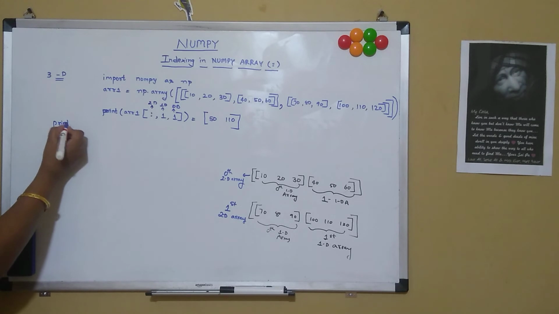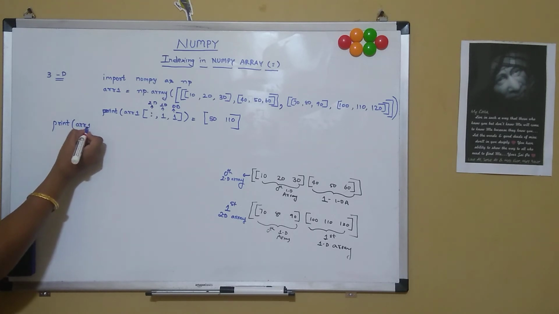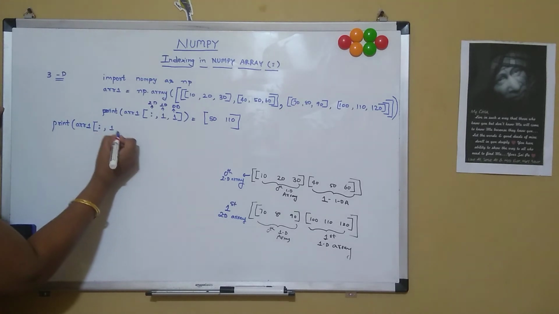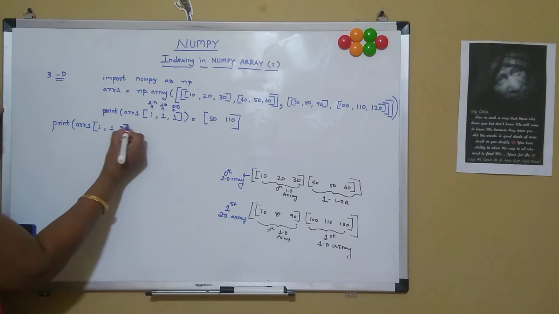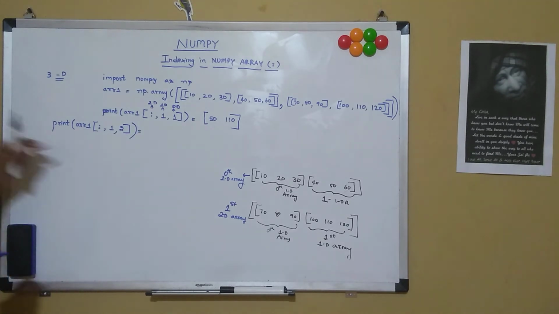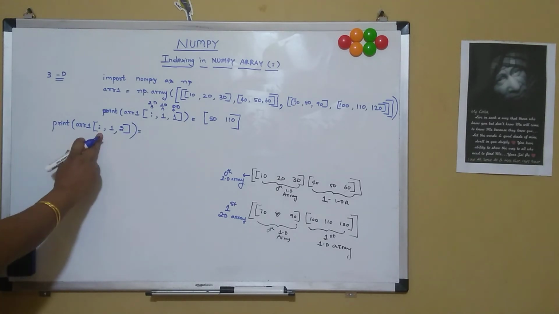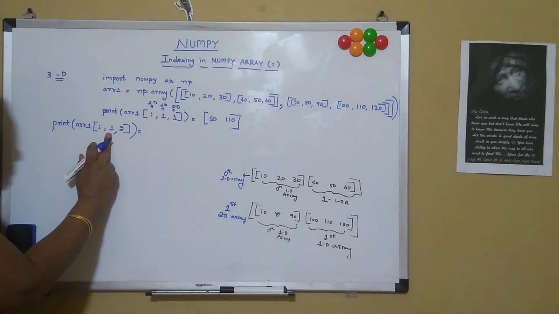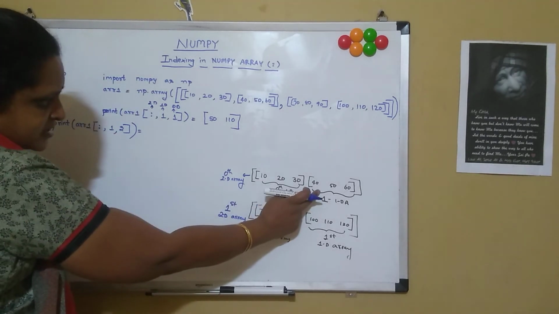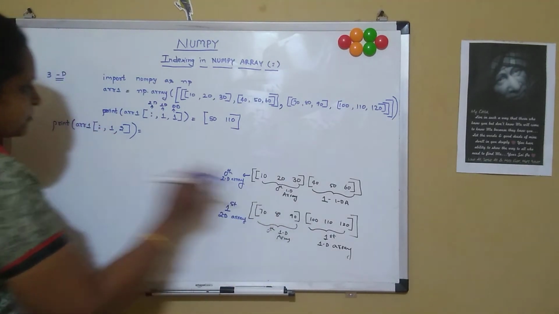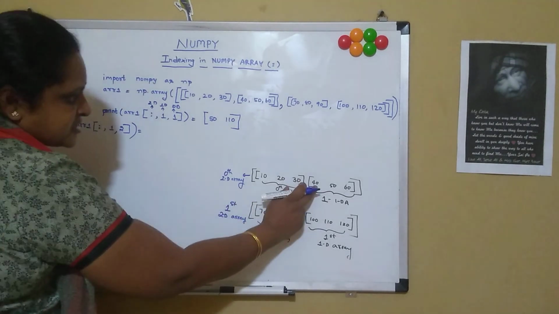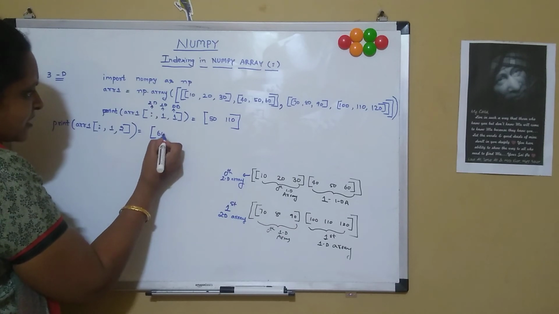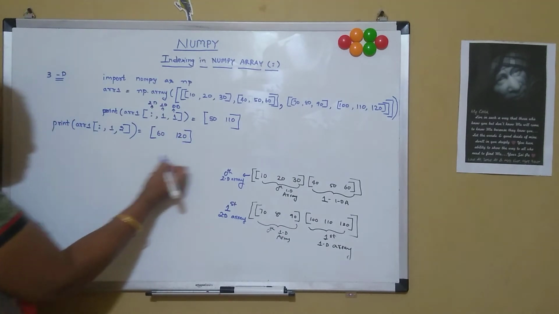Similarly, if I say print array1, let me take another similar example, colon, 1, 2. Colon in the first position represents both the 2D arrays. Then the first row in both the 2D arrays is this particular row. First row, first row. Second element, 0, 1, 2, 0, 1, 2. So 60 and 120 will be printed on the console.